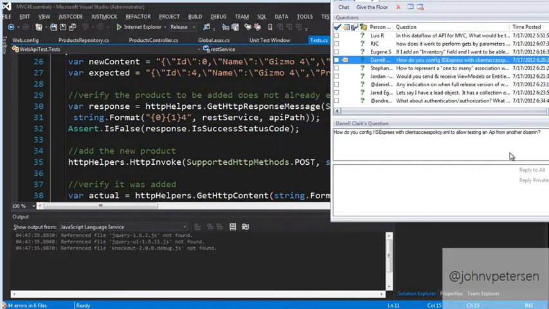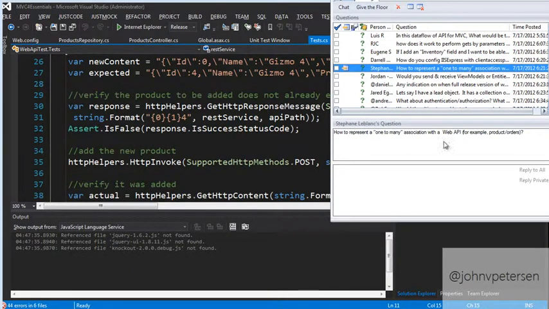I'm not sure that I understand the question, but if you would, email me offline or follow me on Twitter, and we'll exchange emails and we'll look at that, because I'm not sure that I quite understand what that question relates to.